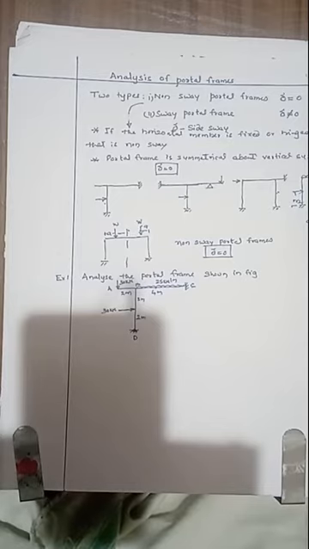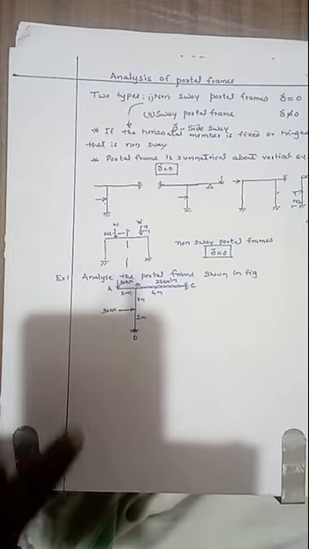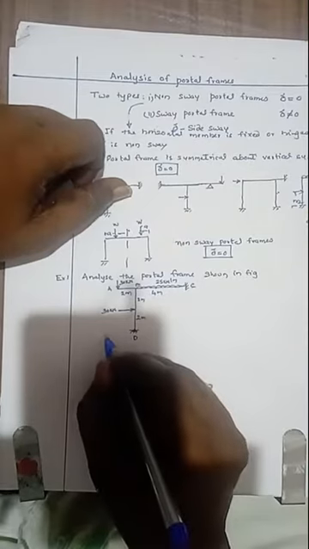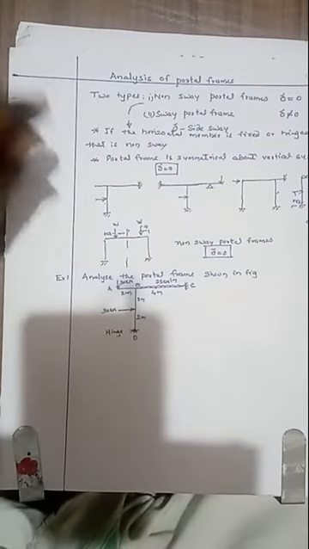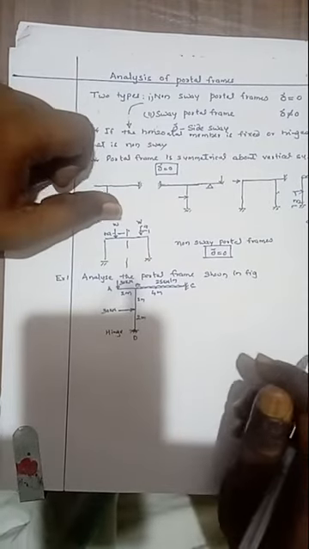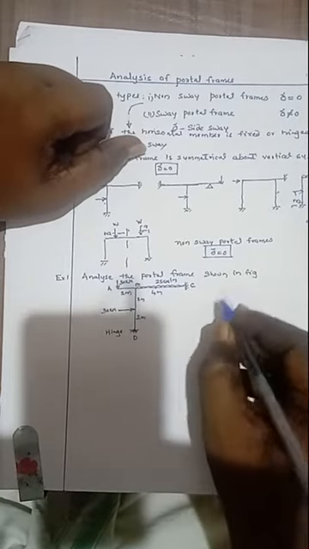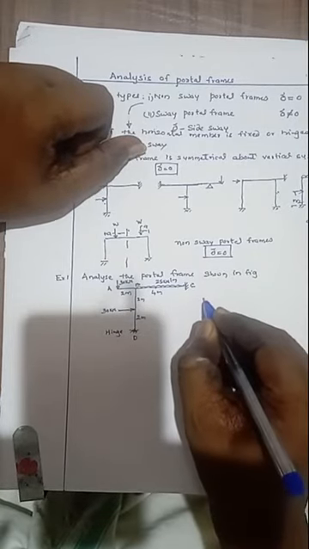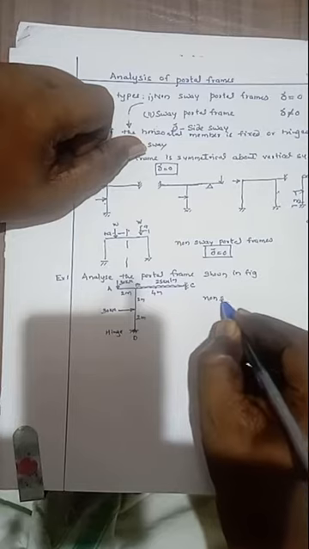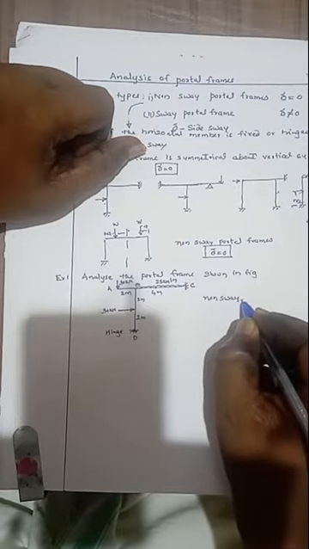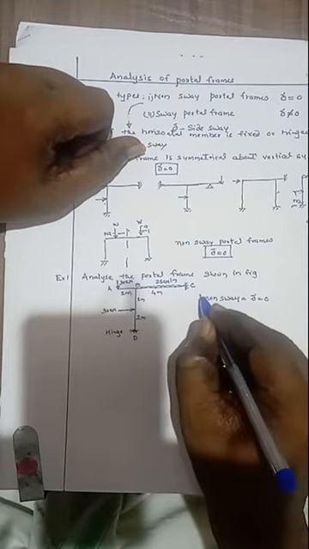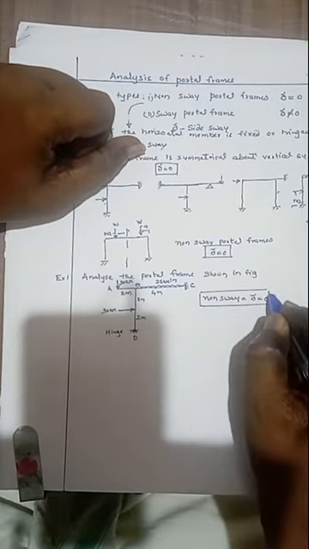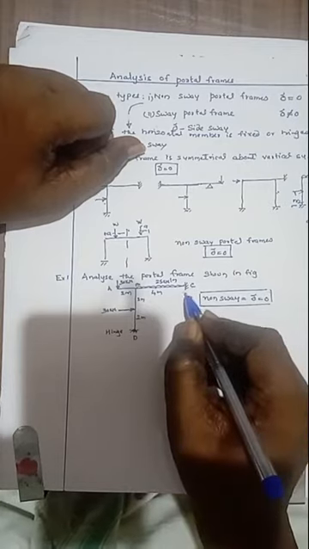C is fixed, and B to D, here D is hinged support. If you don't get confused, this one is a hinge, then you have to analyze this, and you have to draw the bending moment and shear force diagram. Elastic curve: this portal frame is non-sway, that is delta equals 0, since the horizontal member is fixed at C.